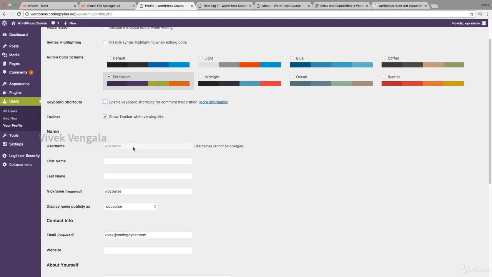And this username is fixed. Once you create a username, it cannot be changed. If you want to change a username, you have to create a new user, delete this user and assign this user's posts to the new user. That's what you can do. This username cannot be changed, but you can change the first name and last name. You can always update. I'm adding my name